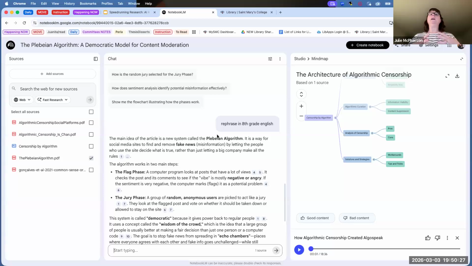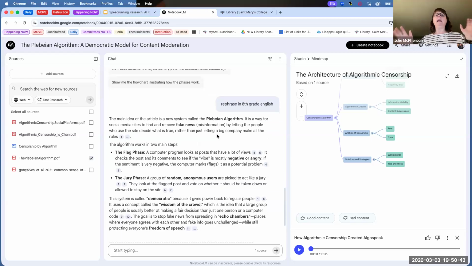And for somebody who is new to research, who is outside the field that they're looking in, or they're just learning the jargon, this is a game changer. For somebody looking at articles in English, and it's not their first language, this is also a game changer. It really levels the research playing field and how we consume information. So that's me asking for definitions. It looks like there's about one, two, three, four, five definitions in this particular article that I can pay attention to. What I want to do now is